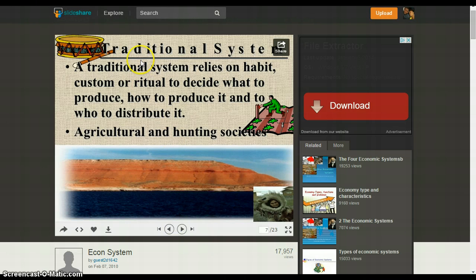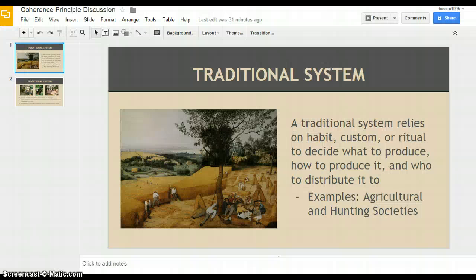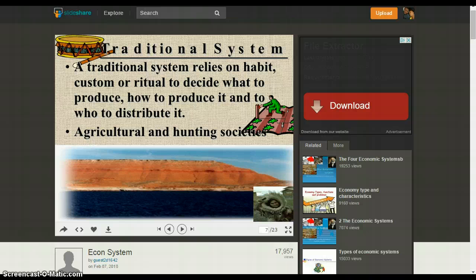In contrast, when I did my two slides, here is what I chose to do for the traditional system. Very simple. I put the definition, so I did keep the words because that is the true definition that we use most of the time in class about the traditional system, and then a simple, straightforward picture about the traditional system. Next,